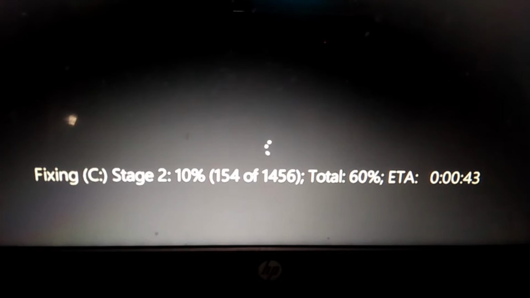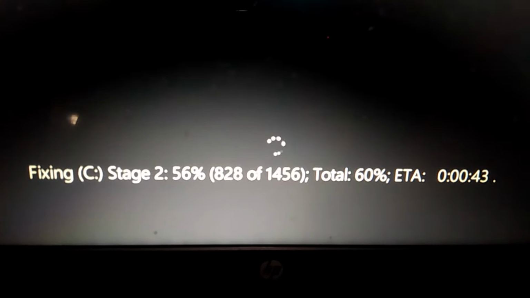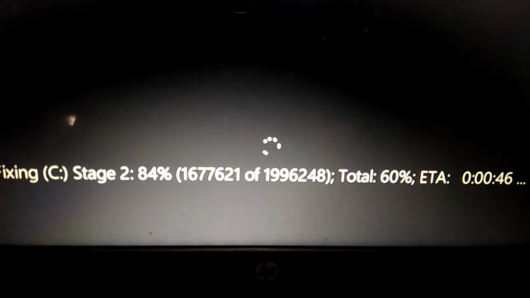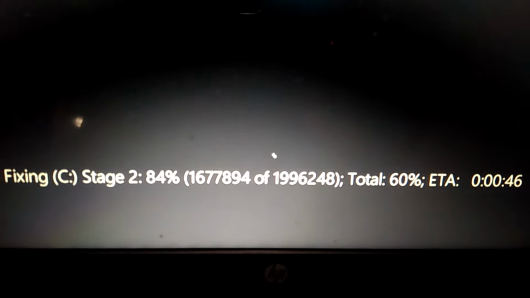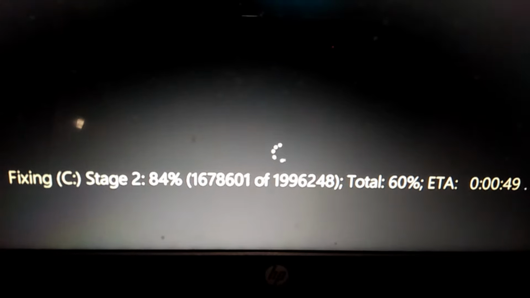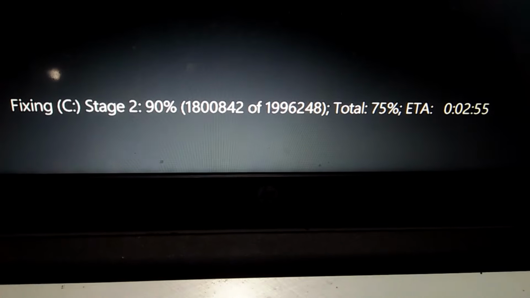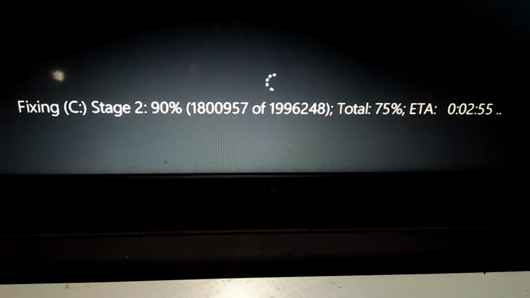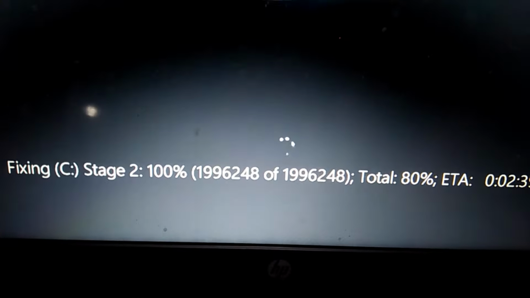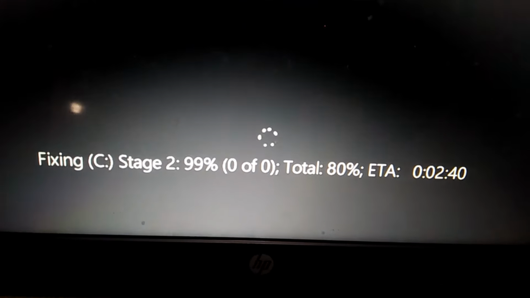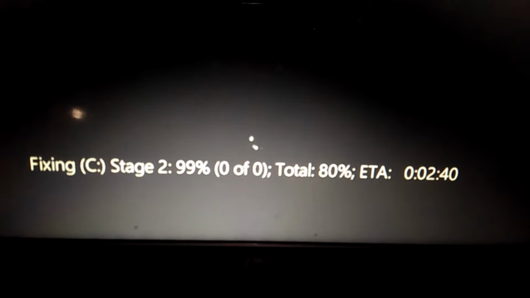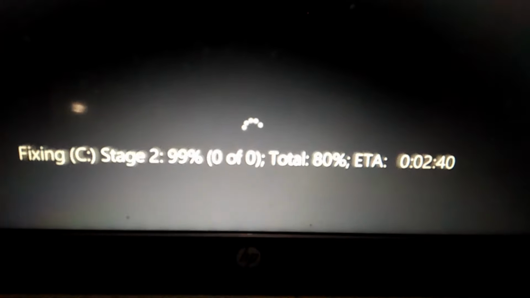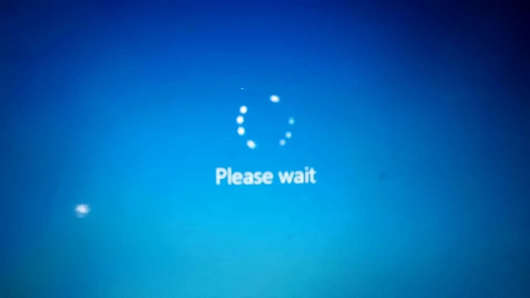You have to implement all the steps that I implement in this video, because a kernel security check failure is a very annoying error, and it may delete our unsaved files or maybe an unsaved video while we record. So to prevent this error, you have to implement all the steps. Now this process also may take a little bit of time, so let me skip this process again. Alright, my C drive is successfully scanned, and now it restarts my computer again.